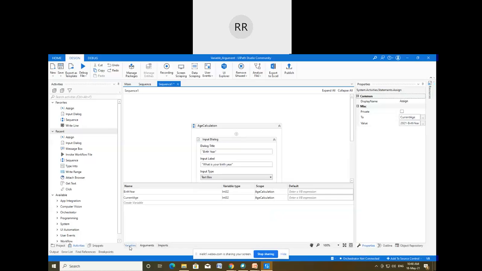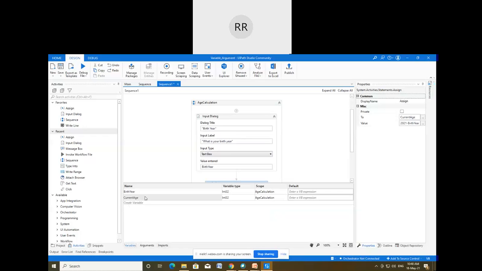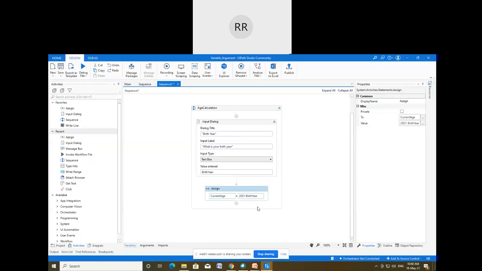Yes, sir. Okay, so that is the thing, and again you can check the created variable from the variable panel. You have to use Ctrl+K all the time for creation of the variable, but you also have to cross check from the variable panel whether the variable has been created or not. So you can see here I have changed the type to integer. Now the current age has been calculated and stored in this.